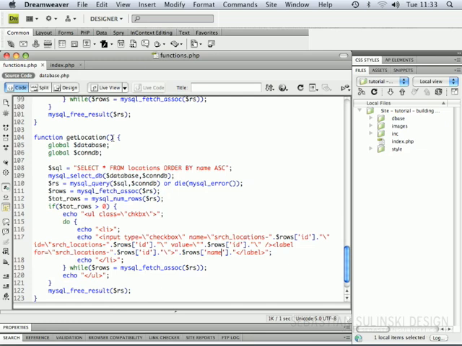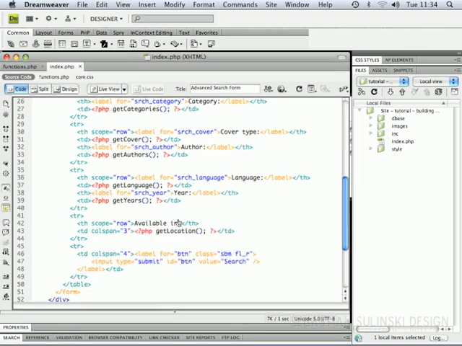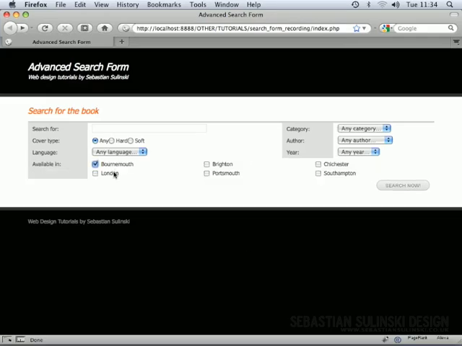So if we copy the getLocation, go to our index.php, and in our table cell with a colspan of 3, let's display this function and see what it's going to look like. If we refresh the browser, you can see all of our locations are now displayed within the search form, and we can multi-select